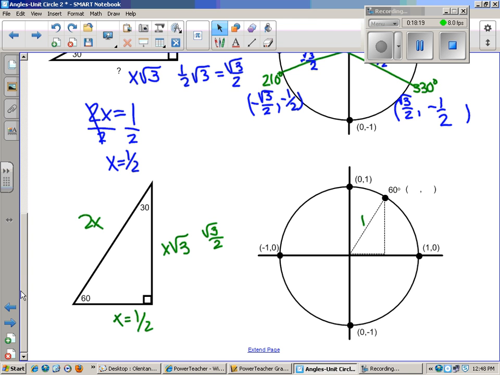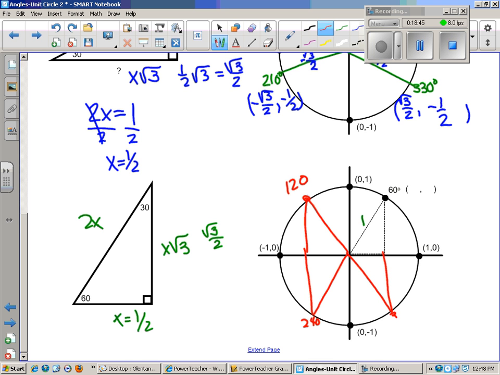Okay, what are the other angles that we're finding out? What's this one? 120, right? Because it's 60 degrees away from 180. What's this one? 180 plus 60, 240. And this one? 300. Good. Okay, so what's the ordered pair? Shoot, I should have